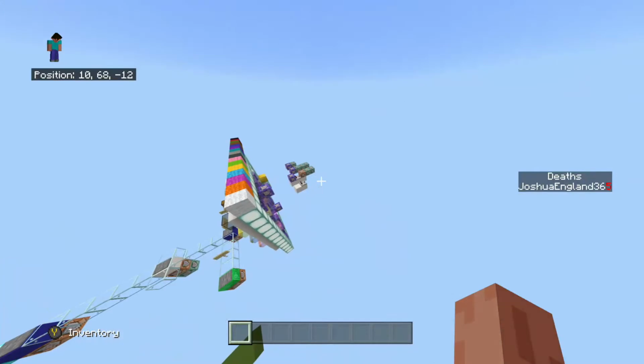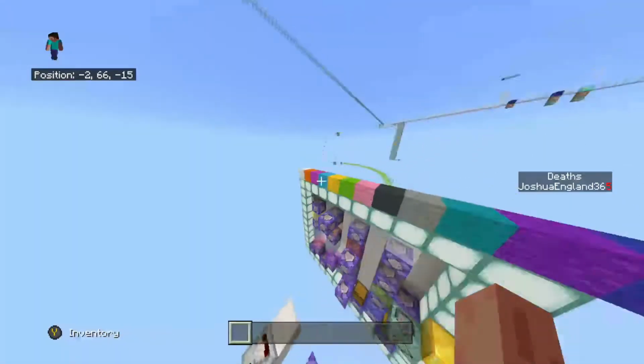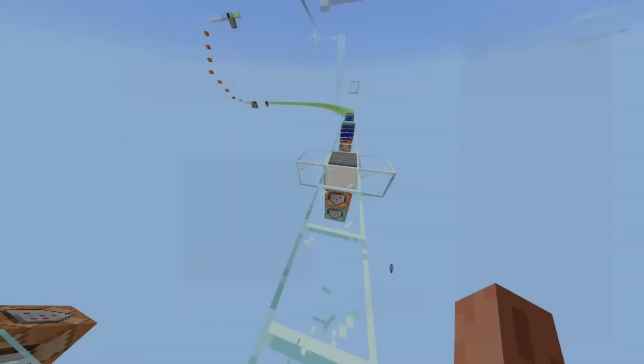Alright, so hello everyone. This time for this tutorial, what we're going to be doing is a death counter. Now I just got this really working in the last couple minutes. You can see we have a death counter on the right hand side, and if I do happen to die,